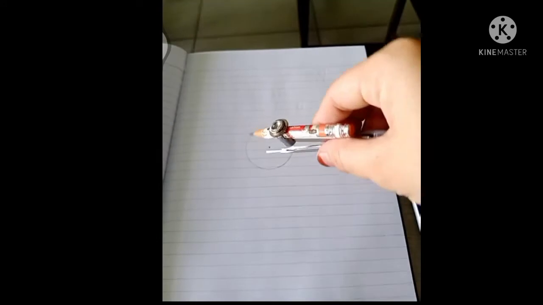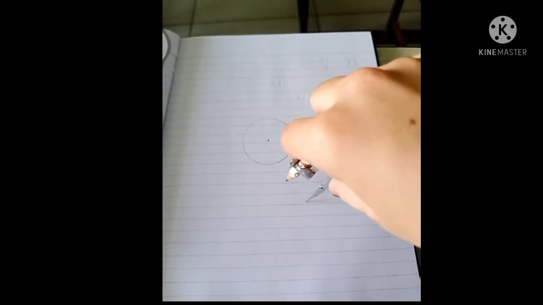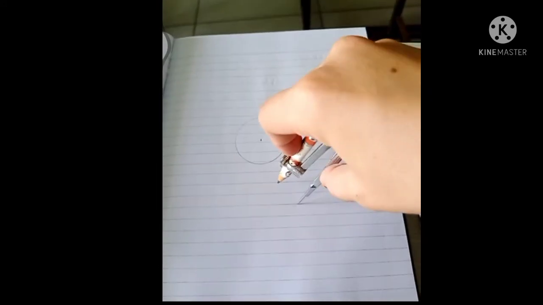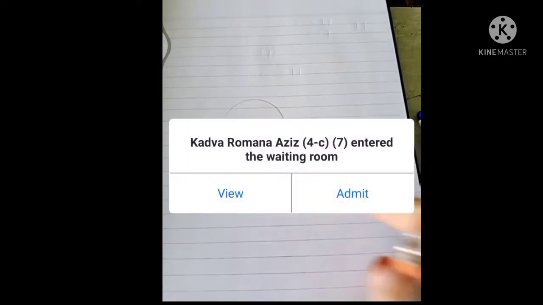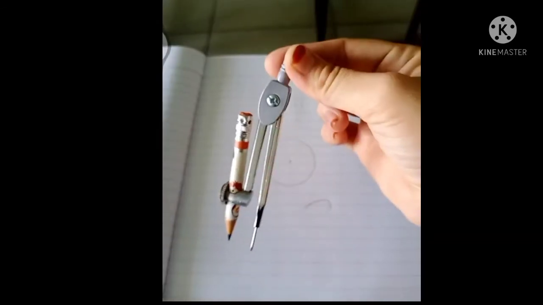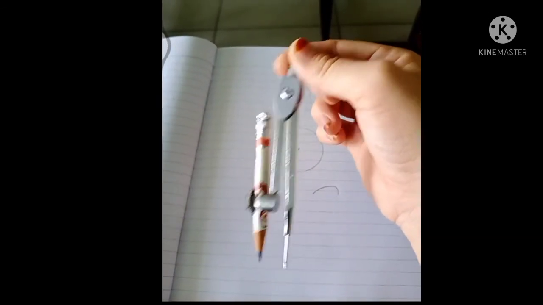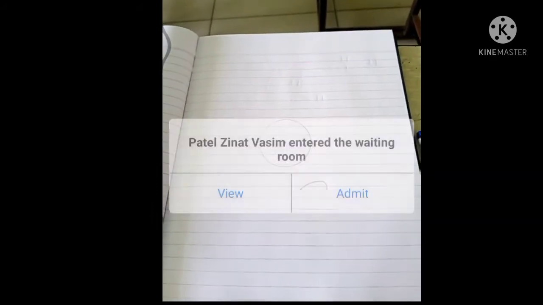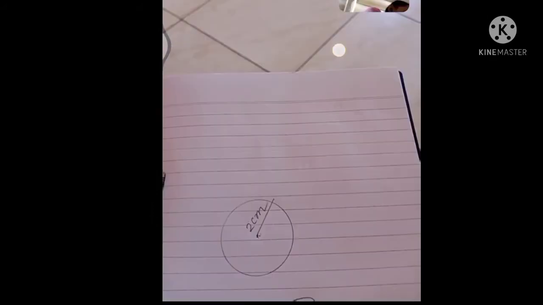Okay, जैसे मैंने बोला था, if you are holding like this, अगर आप ऐसे hold करके draw करोगे, so what happens? See, I am showing you. अगर सपोज आपने ऐसे hold किया है, and you are drawing और बीच में कहीं पे आपको press हो गया. So see, can you see? दिख रहा है ना? So this should happen. So that's why I'm telling you that whenever you are drawing a circle, you have to hold it from here. Okay? Everyone understood how you have to draw a circle?